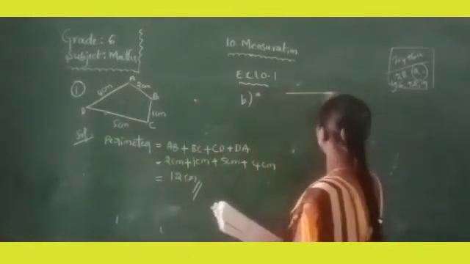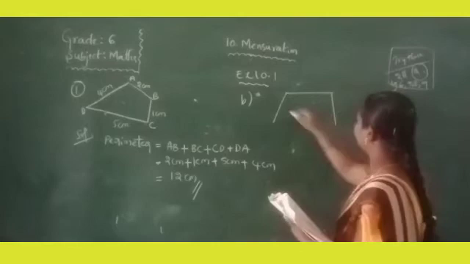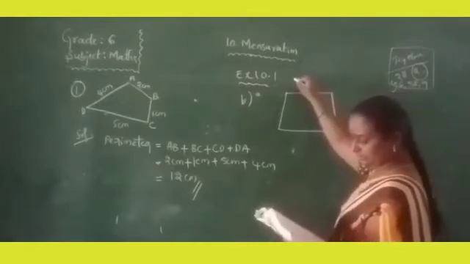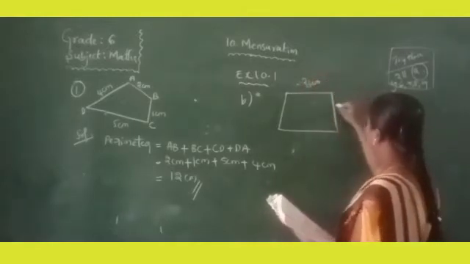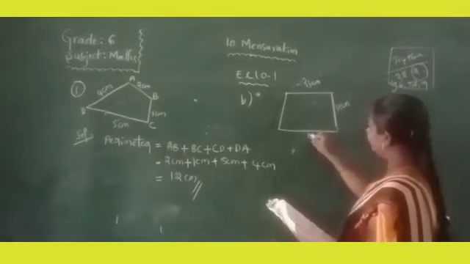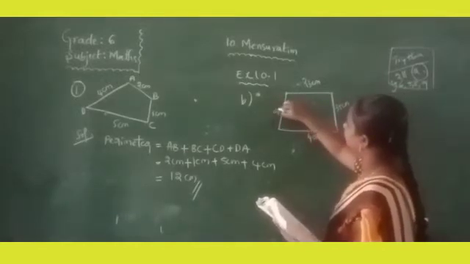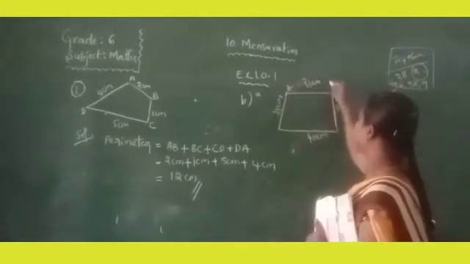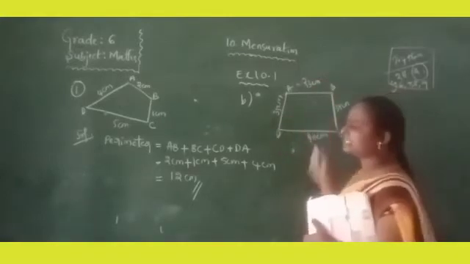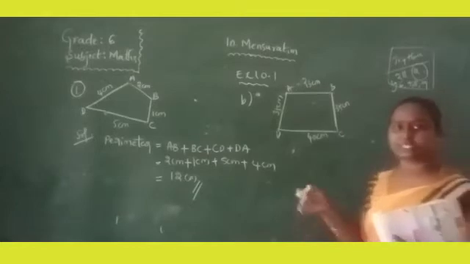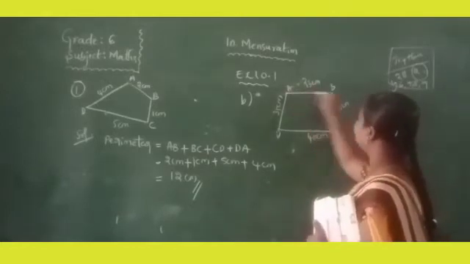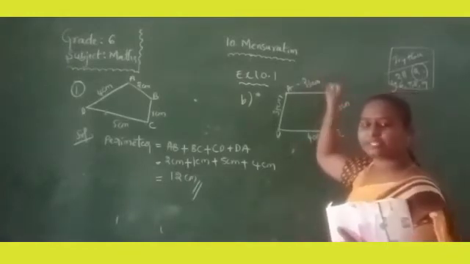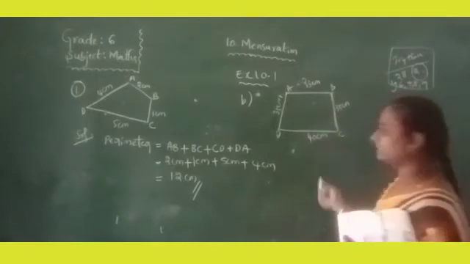Each and every figure you have to draw neatly. So here 23 centimeters, 35 centimeters, 40 centimeters, 35 centimeters. Now here also give the names A, B, C, D. You do not always have to use A, B, C, D; you can use any letters. But here we are regularly using A, B, C, D. If you want, you can take P, Q, R, S, or K, L, M, N like that also.